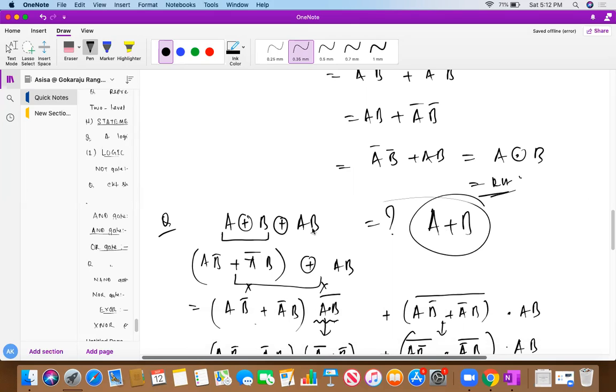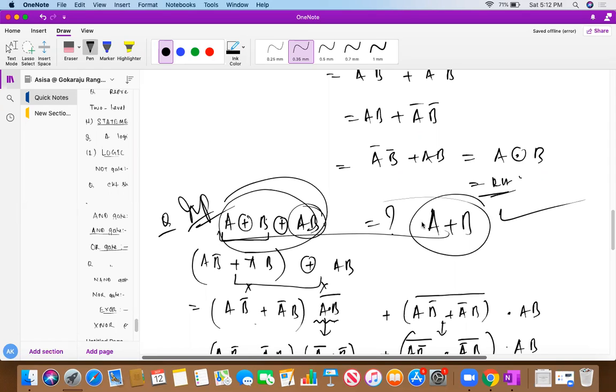So this is also very important, students. Some of these you are going to apply in your problems actually. So A XOR B will be there, and the third term will be the AND gate, as A XOR B. Then simply you have to write it as A or B. That's why I have proved it here, nothing else.